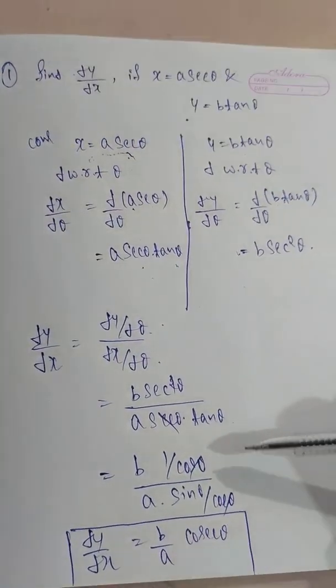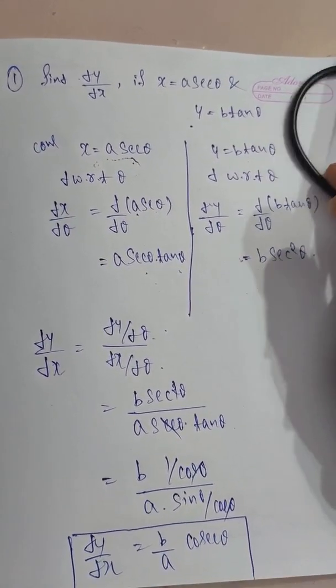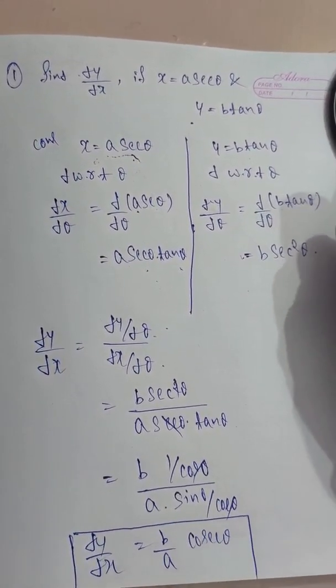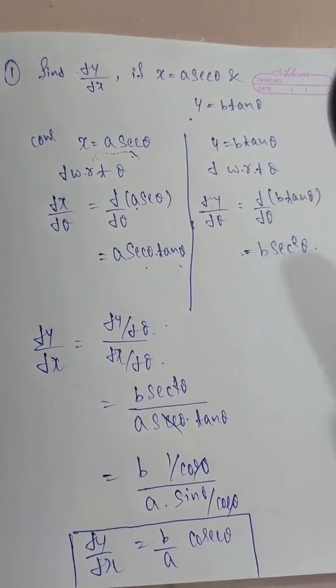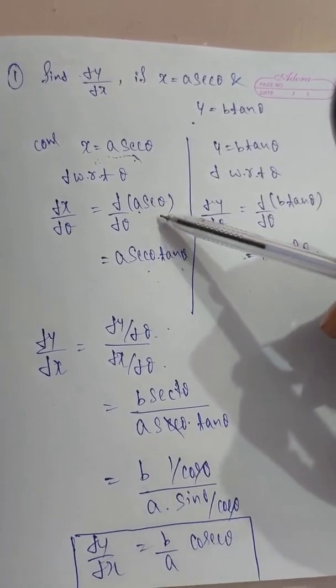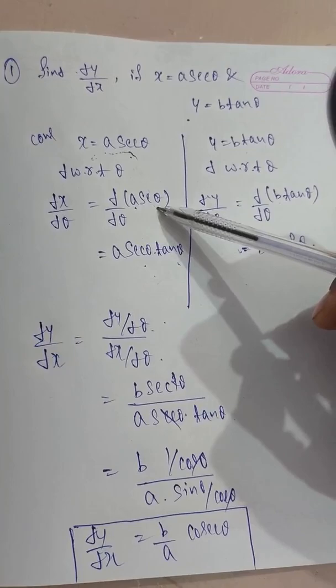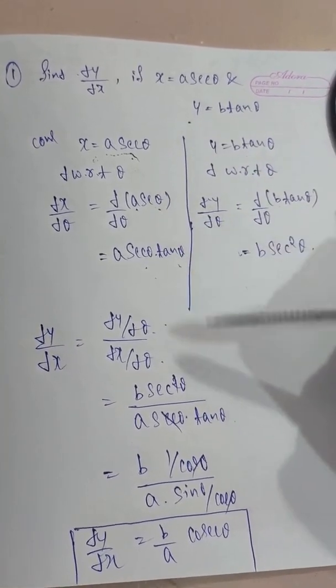I am already repeatedly telling you, the differentiation is very easy if you learn all the formulas. If you know the formulas, you can solve this easily. The differentiation of secant theta we already discussed in the first year PUC, not here. Here the method is the new thing.